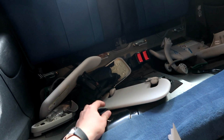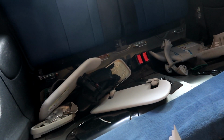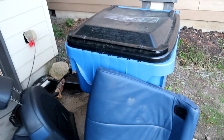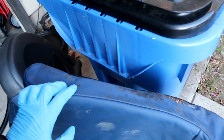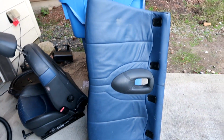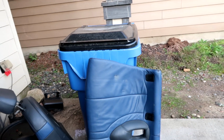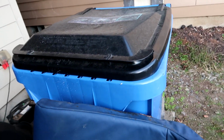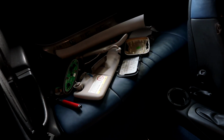So we're gonna remove all of these little plastic pieces, and there is a bunch of them. I got the rear vacuumed out, but the seat is a little dirty, so I'm gonna clean it up, because if I don't do it now, I won't be able to get it super clean down the road. So the rear seat is in,